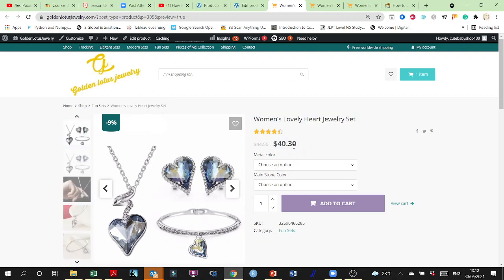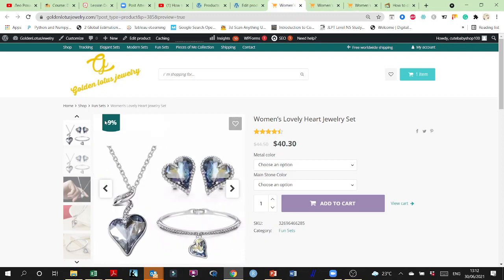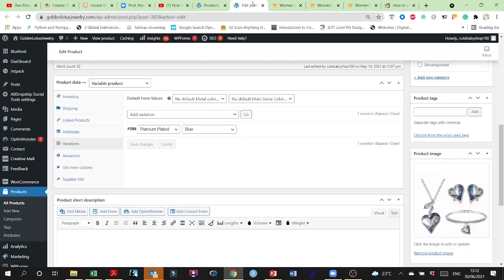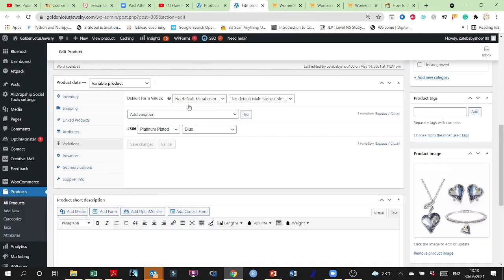So now, here it says 9% is the discount. Here's 30% is the discount. Over here was 40% discount. So up to you. Do you want to kind of increase this to, let's say it was 30%, you want to show 30% discount? How do you do that? Let's see. Since I am now at 9%, I wanna increase it to,